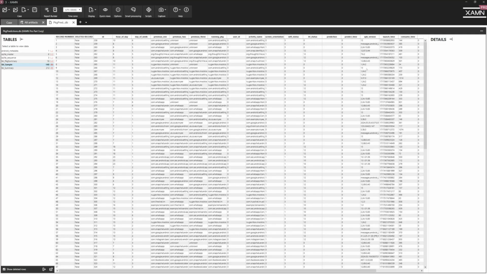We're seeing the version of the package that's running, the launch time, the consume time. So I guess that is going to be how long we were in that application for. And we can get the previous 1, 2, 3. So if we've got a user flicking between apps, hopefully with some testing and validation, of course, we'll be able to prove that. In XAMN, we can manually map this data, so we can then look at it in regular XAMN,